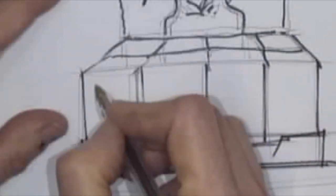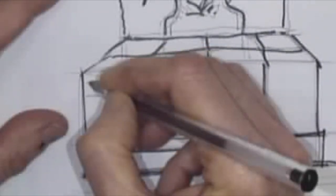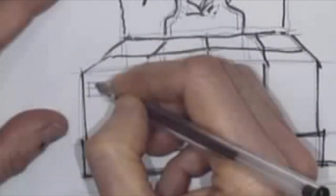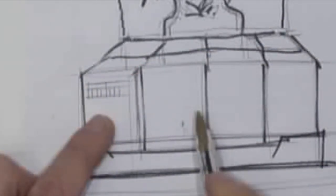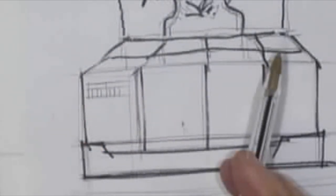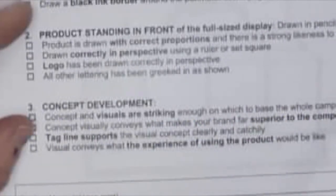Now, Greeking is just putting vertical lines for your type. So you put 2 lines above and below with your ruler, and a line here for the lowercase, and you just draw lines like that. And that's Greeking, and that'll be fine for any information on the product, but you do want to get your logo in. Also be looking at your concept development, that your concept and visuals are striking enough to take us